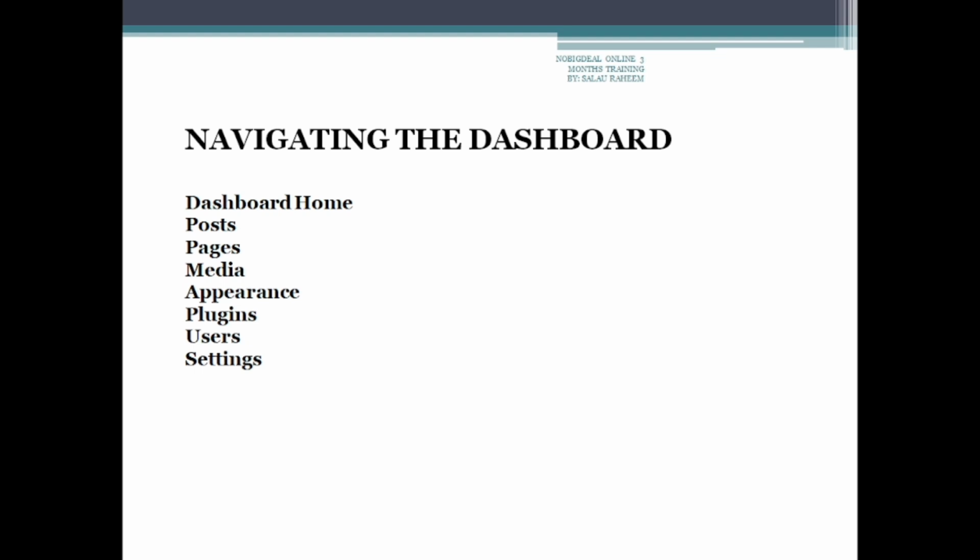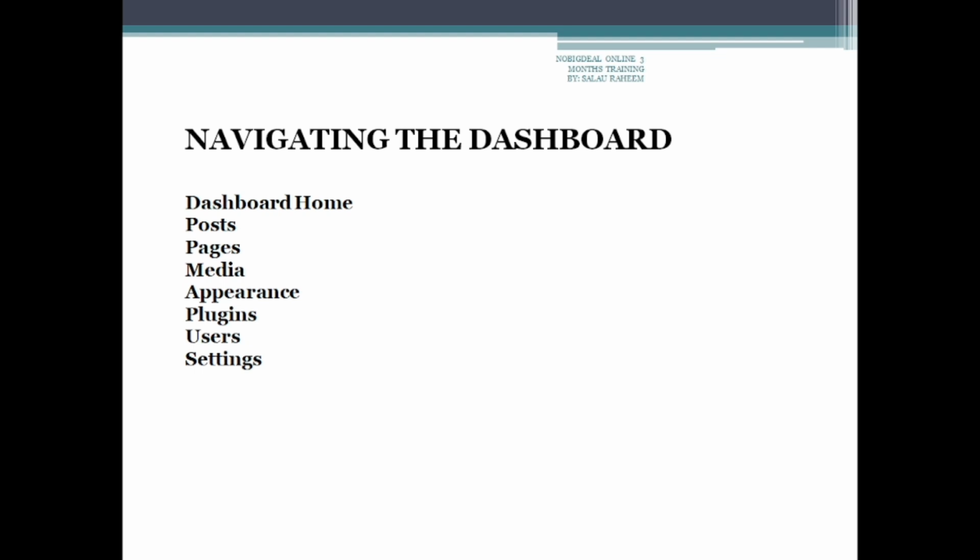We create and edit pages here. That means we want to have navigation through some pages. You have menus, and maybe under this menu you have your sign up. If you want to create a sign up page, this is where you'll be creating it. You can create and you can edit. You want to create a sign in page and link it together with your sign up, so you can do it here.